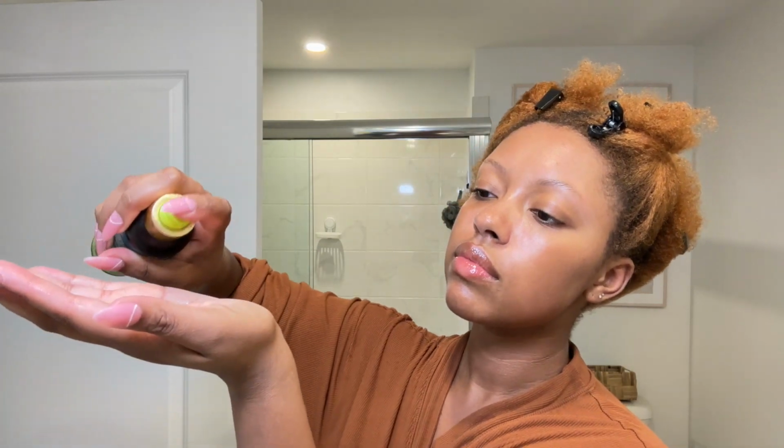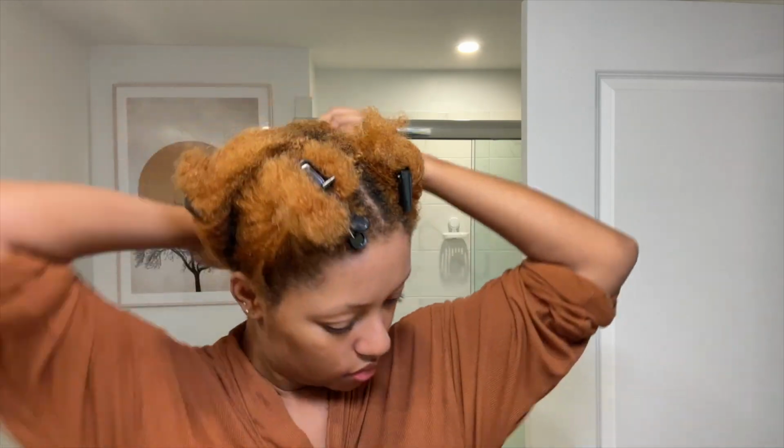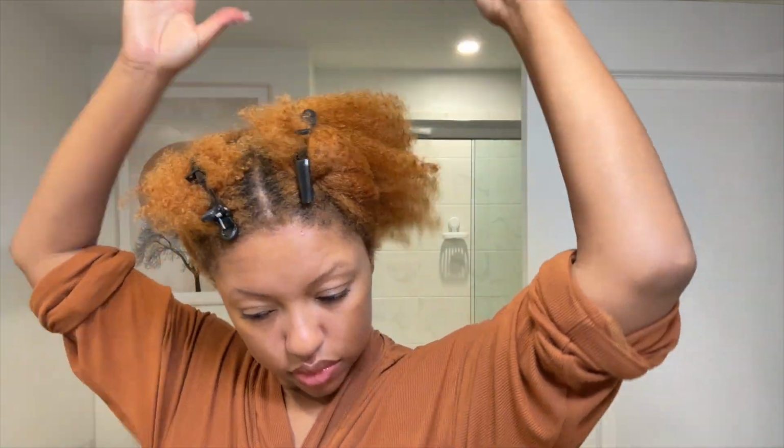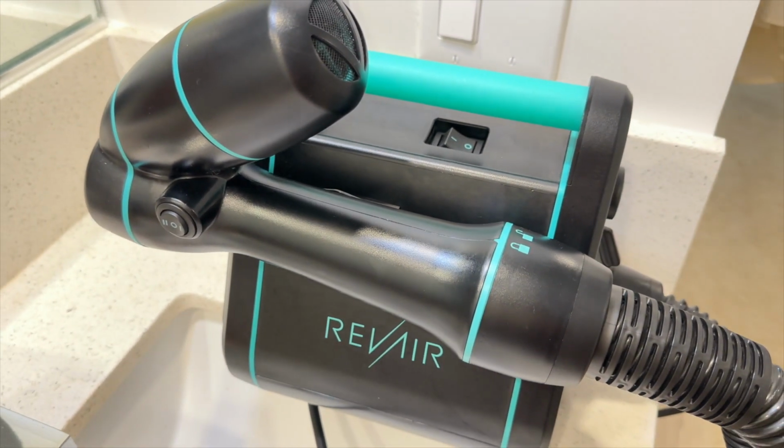Now what's cool about this product is that you actually put this in the refrigerator and you use it cold, so it really helps to seal in the cuticle even more to help with frizz. And next we are going to blow dry our hair. So the Stay Straight Serum is actually heat protectant, and I believe this is my first time using my favorite